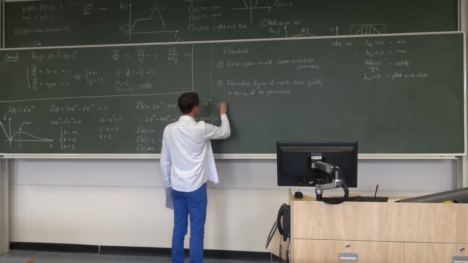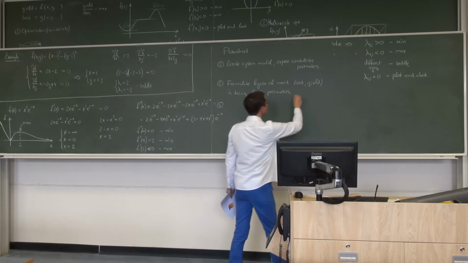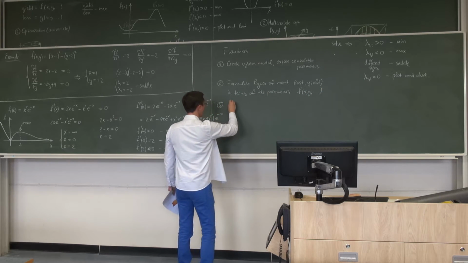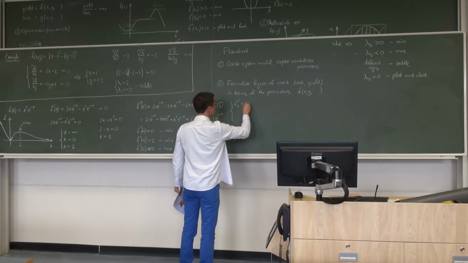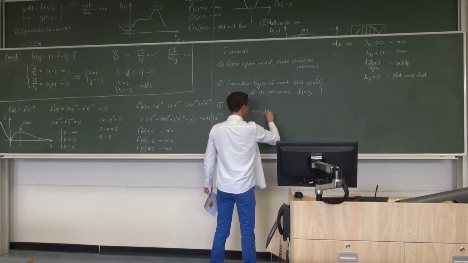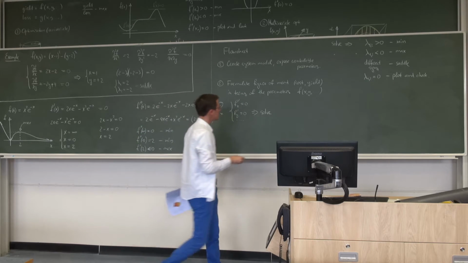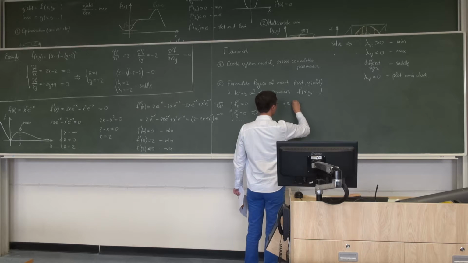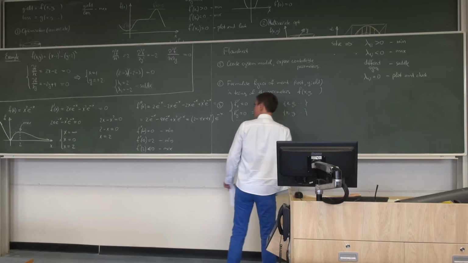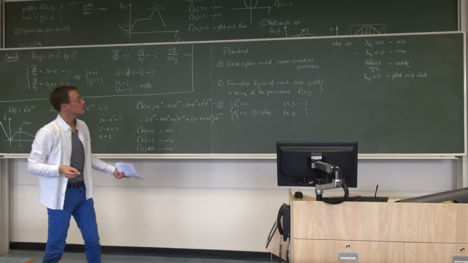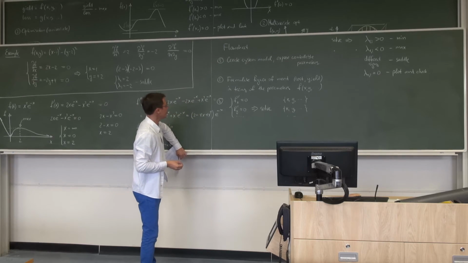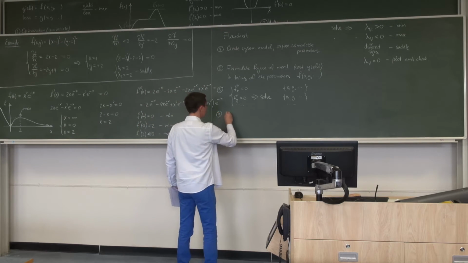Item 3, if we have our figure of merit, I don't know, f of x, of obtained candidate points, x1, y1, and so on, x2, y2, and so on. Much like it happened here, you will have multiple parameter combinations at which you have a stationary point of your figure of merit. So number 4, inspect